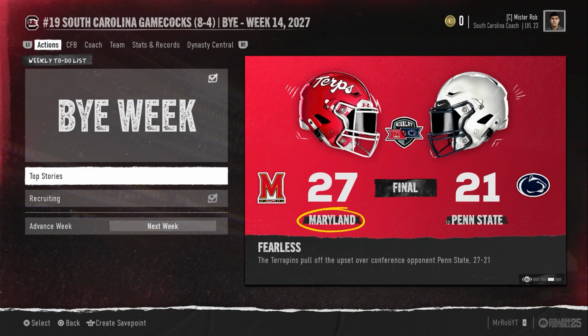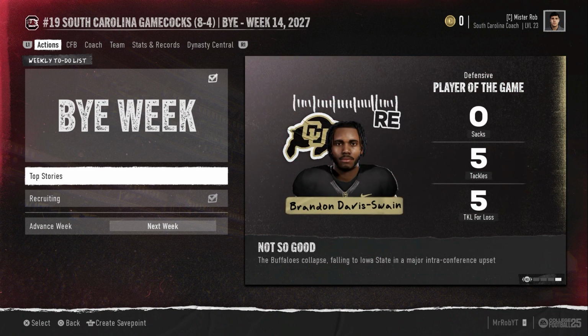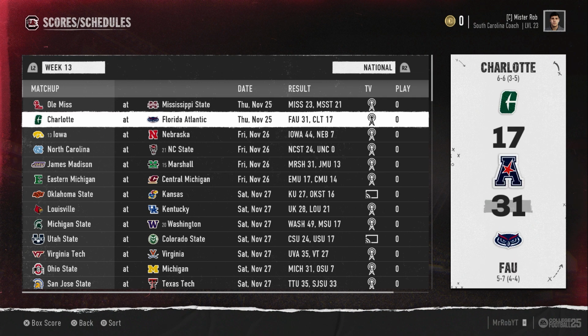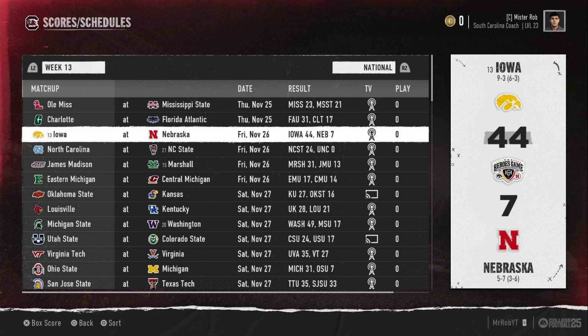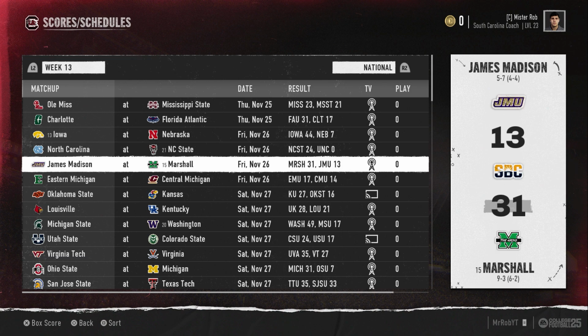Now, some upsets this week. Penn State loses to Maryland. The number 2 team goes down to the Terps, 27-21. And then Colorado loses to Iowa State. As we'll go into the rest of the games, we start off on Thursday in the Egg Bowl. Ole Miss victorious. Mississippi State goes 0-8 in the SEC. Then FAU over Charlotte. On Friday, Iowa smokes Nebraska as the Cornhuskers continue to not be able to beat a ranked team. NC State blanks the Tar Heels. And then Marshall up to number 15 now,